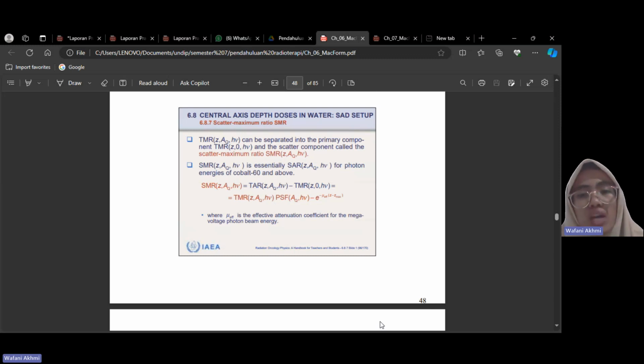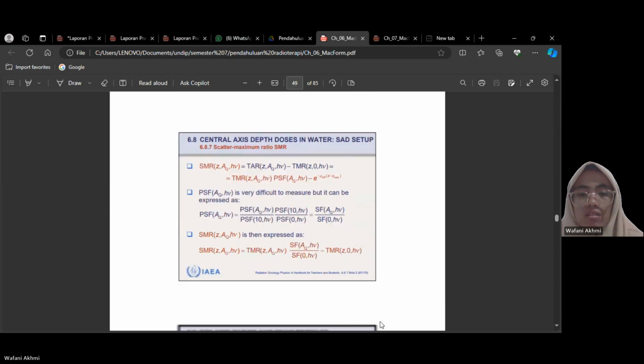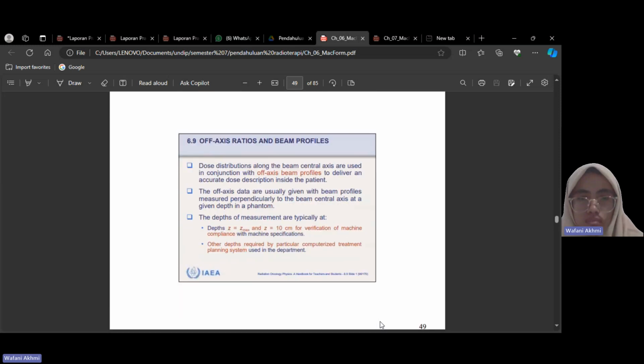(6.8.7) Scatter maximum ratio, SMR. TMR can be separated into the primary component, TMR, and the scatter component called the scatter maximum ratio, SMR. This is the definition of SMR. Exchange ratio of axis ratios and beam profiles. Thus, distributions along the beam central axis are used in conjunction with off-axis beam profiles to deliver an accurate dose